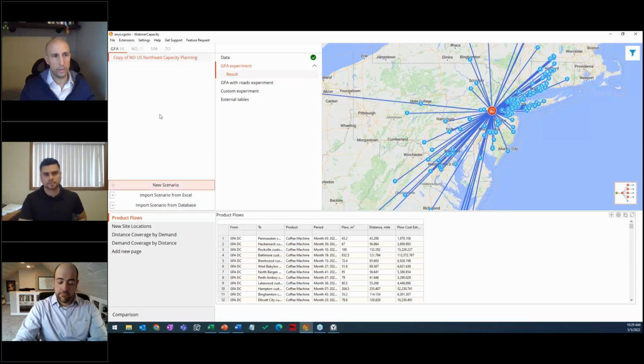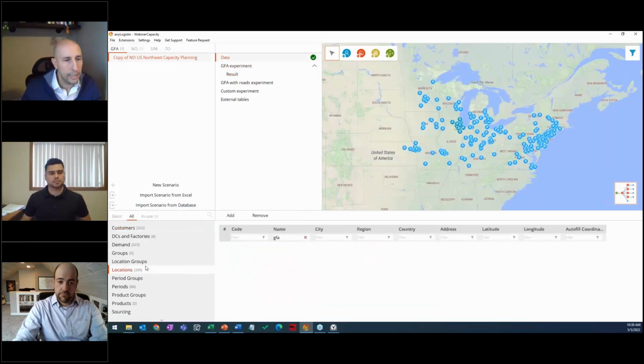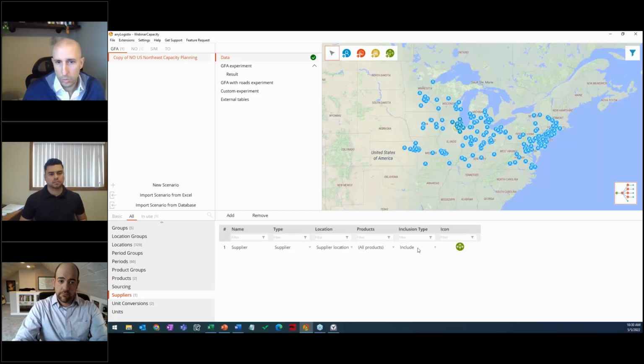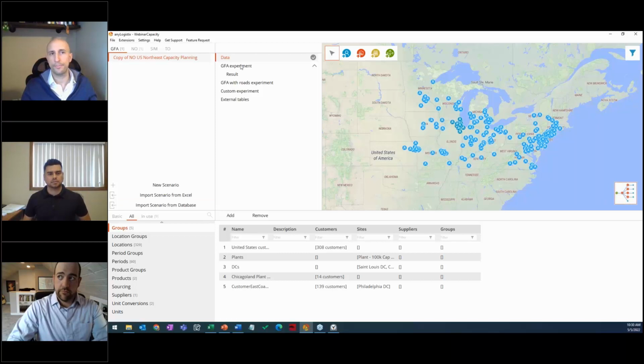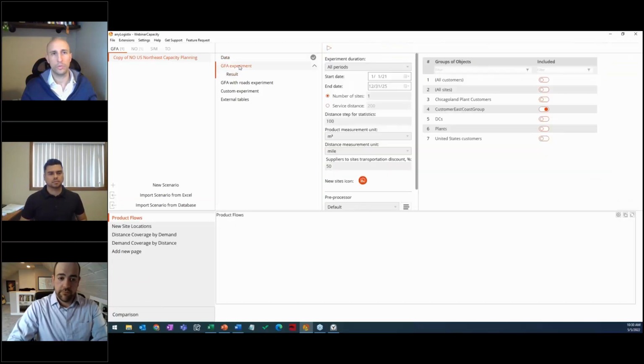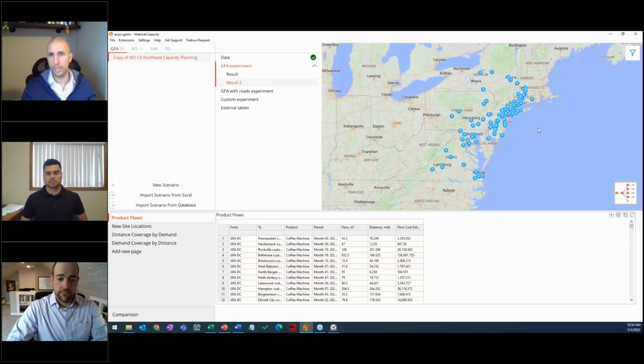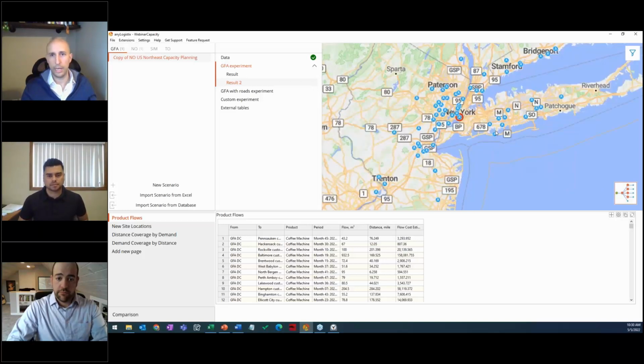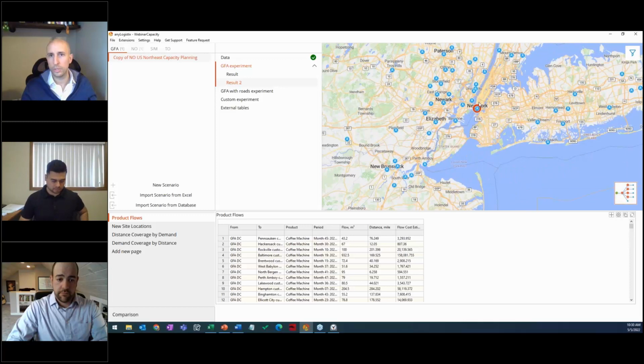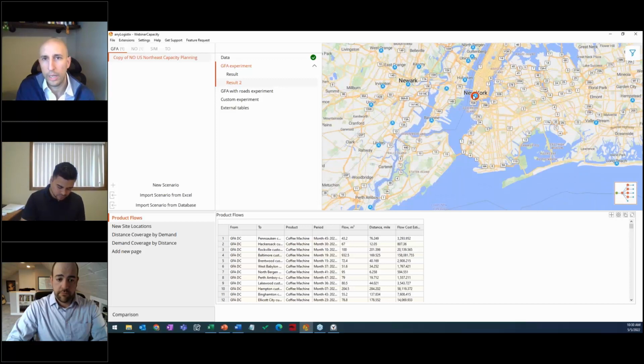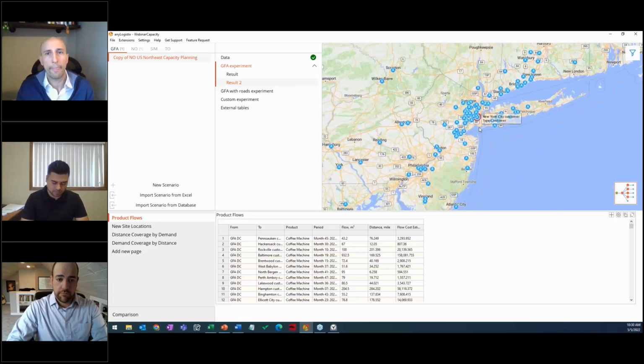So exclude the supplier and just focus on customers, right? We can do this really quickly. We just go to the data, and then here in the suppliers, we're not going to include it now. Exclude it. Our model is ready, and then we just run another one. Okay, so let's see what that will be. In this case, we can see how it has changed. So Alex, it looks like we wanted to focus on customers and have the fastest way to get to customers straight away. That will be opening something in the New York area. Got it? Yeah, got it.